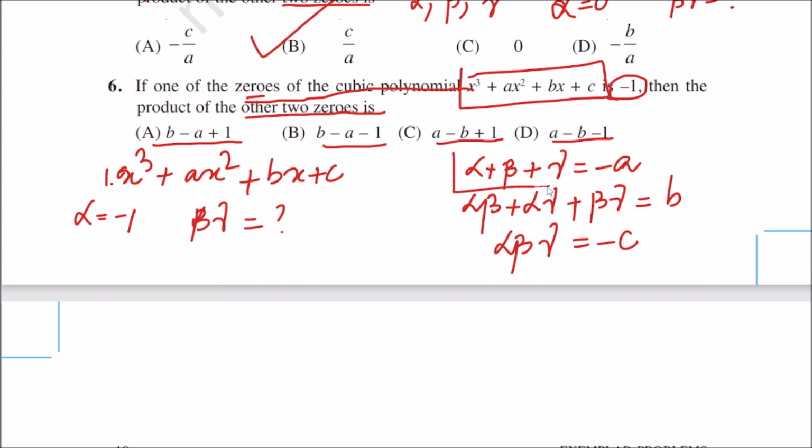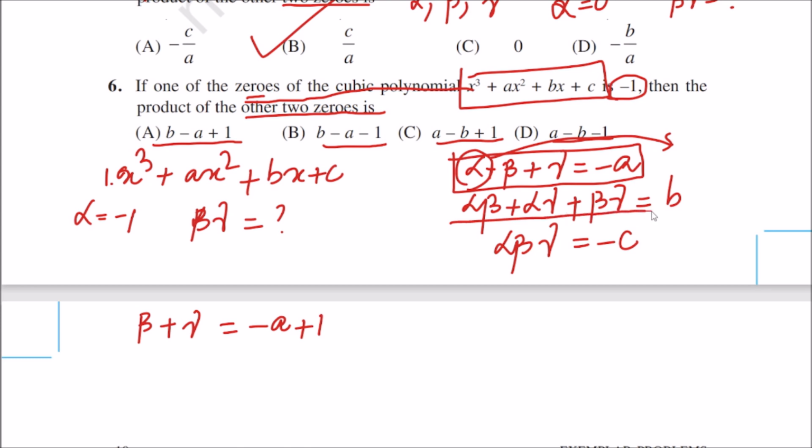First I'll put alpha as minus 1 in this equation. So I'll get beta plus gamma is equal to minus a. Since alpha is minus 1, so minus 1 is shifted here, it will be minus a plus 1. Next I'll come to the second one. Second one I'll write